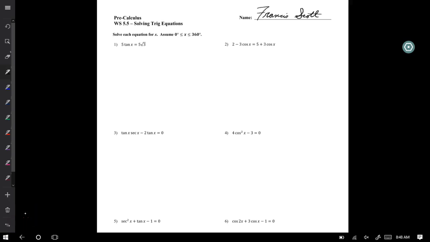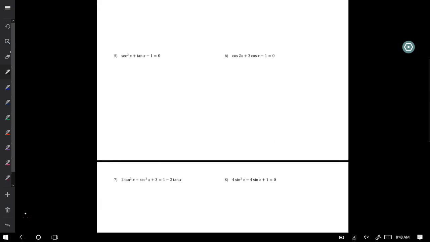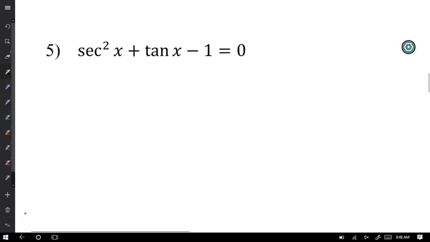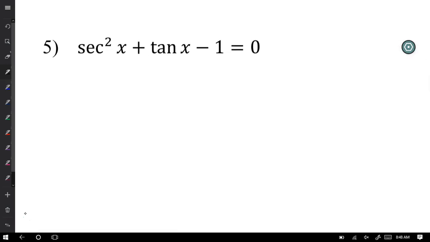In this video, we're going to look at 5 problems over the 5.5 worksheet dealing with solving trig equations. We'll be going over problems 5, 6, 7, 8, and 9. So if we look at problem number 5, when we're solving secant squared of x plus tangent of x minus